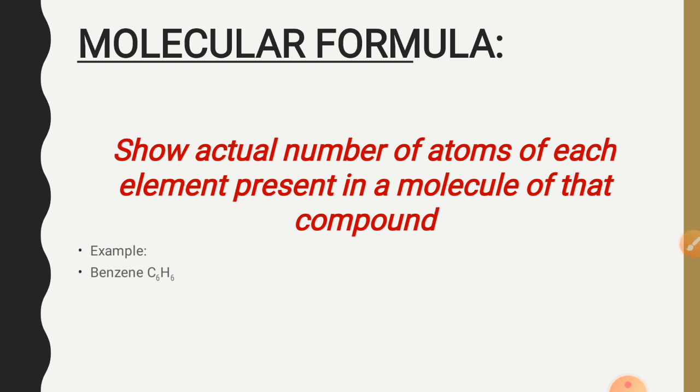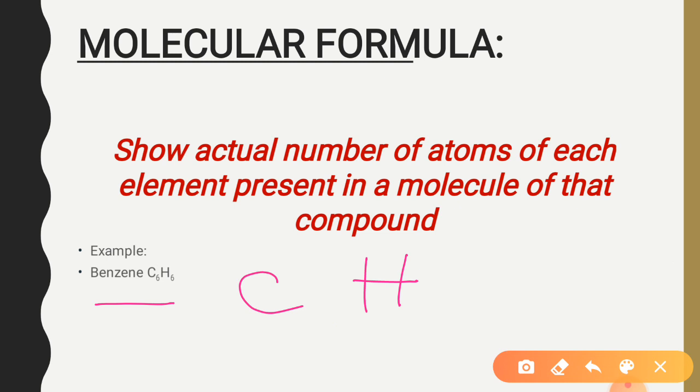For example, benzene. Benzene is a compound, or you can say that benzene is a molecule. Both are the same, okay? No worries about it. Benzene is a molecule as well as a compound. इसके बारे में डिटेल में हम लोगों ने पढ़ा था प्रीवियस लेक्चर में. You can go and find about it. Now benzene, C6H6. It means there are 2 elements, carbon and hydrogen. Carbon and hydrogen are elements. Now let's count its atoms, 6 and 6.